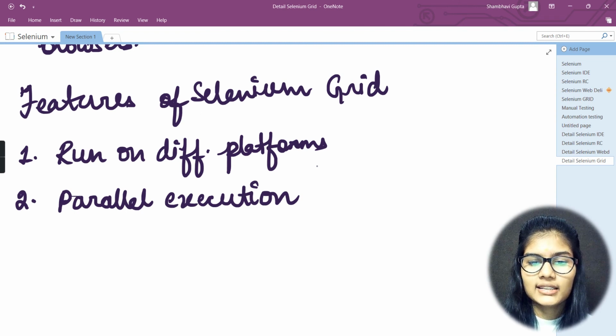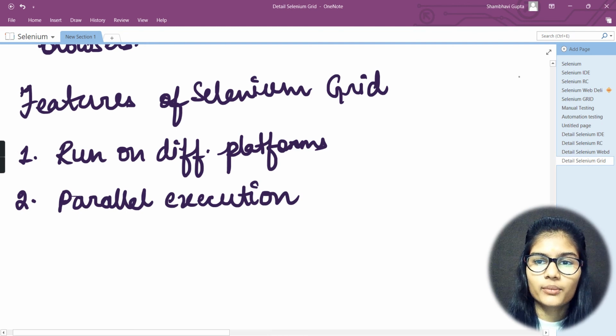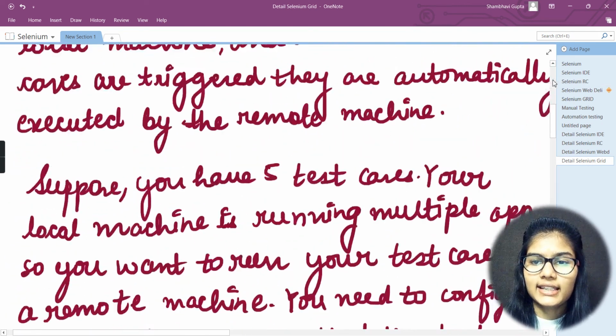There is no rule that if your hub is running the test case on Windows, then all the nodes must execute the test case on Windows only. The nodes can have different platforms such as Safari on Mac, Firefox on Ubuntu, and Internet Explorer on WinXP, and many more platforms on which you could run the Selenium Grid test cases.